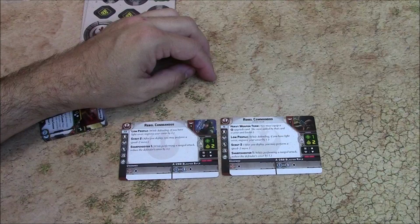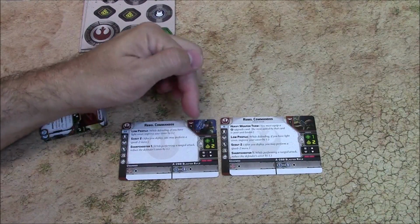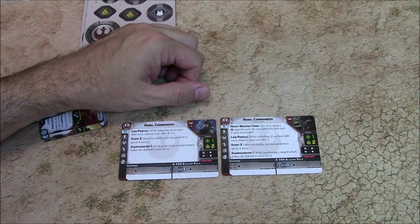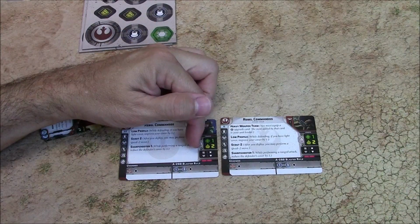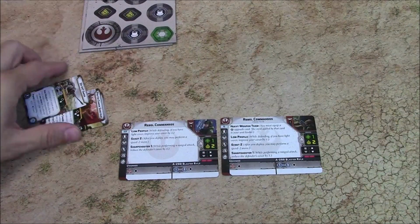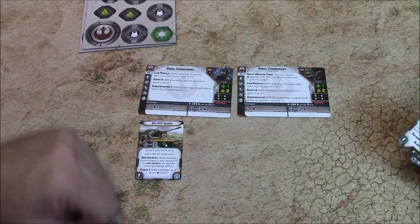So what do they have? Obviously nothing too inventive here. They have white armor. They have blaster rifles, which are similar to what we're getting. Again, the white die for defense. Their surge converts to a hit, and their defensive surge turns into a shield, so it gives them a little bit extra buff there. And then the cards we got: a DH-447 Sniper,